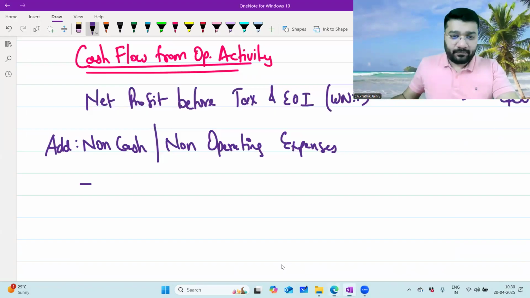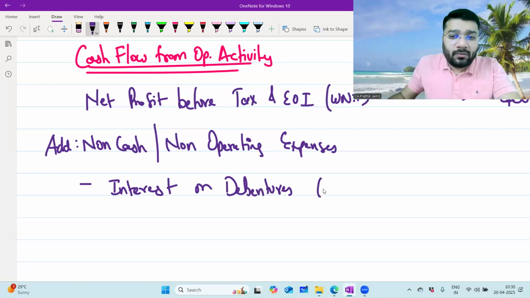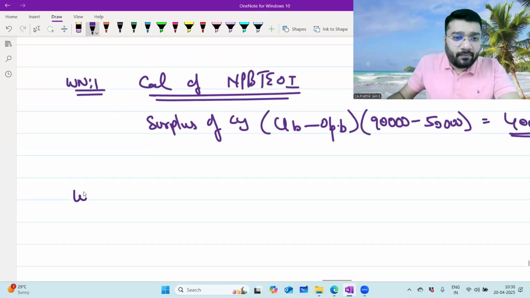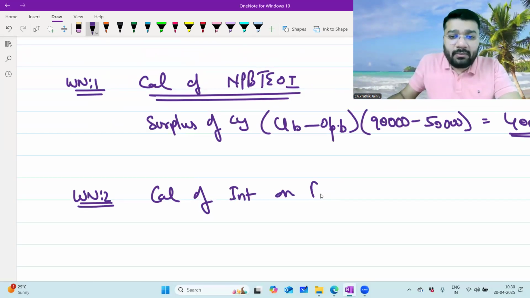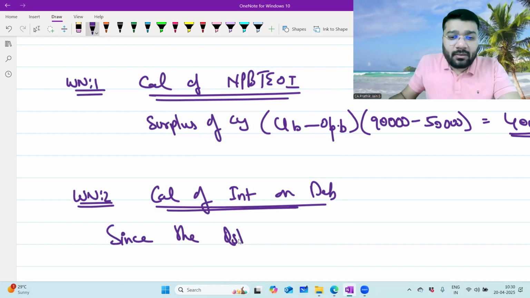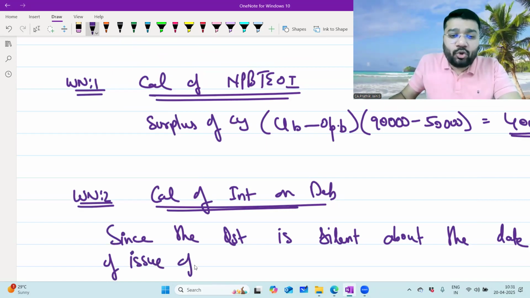75,000 interest on debenture. Working note number 2: calculation of interest on debenture. Since the question is silent about the date of issue of debentures,